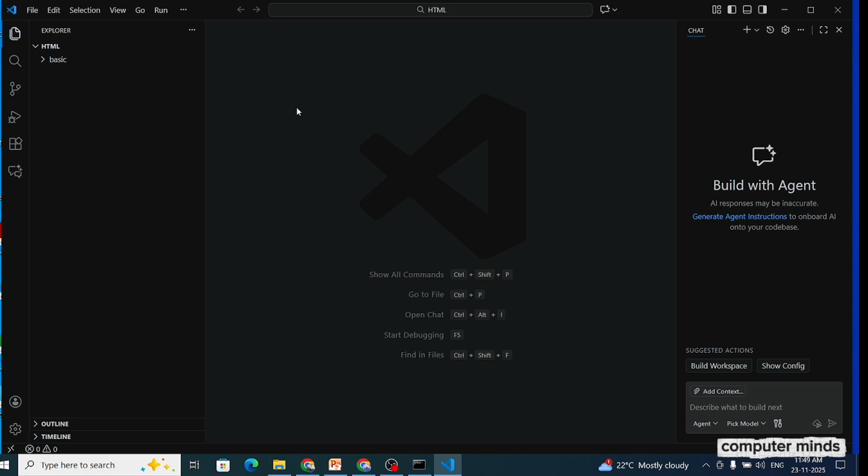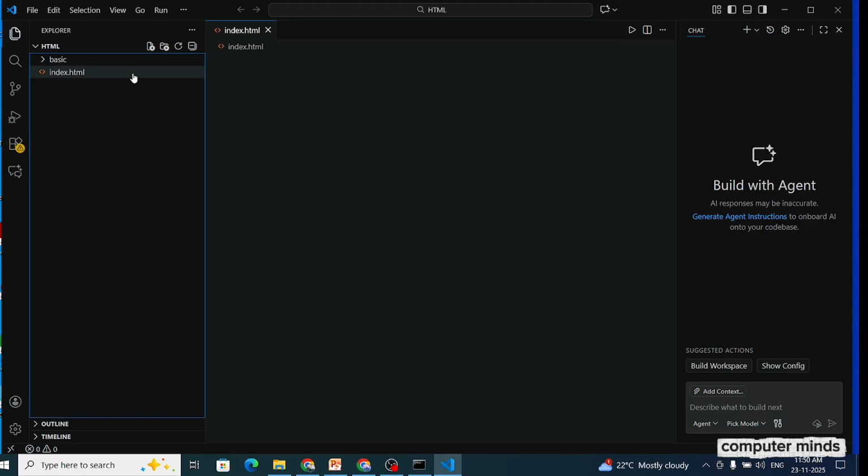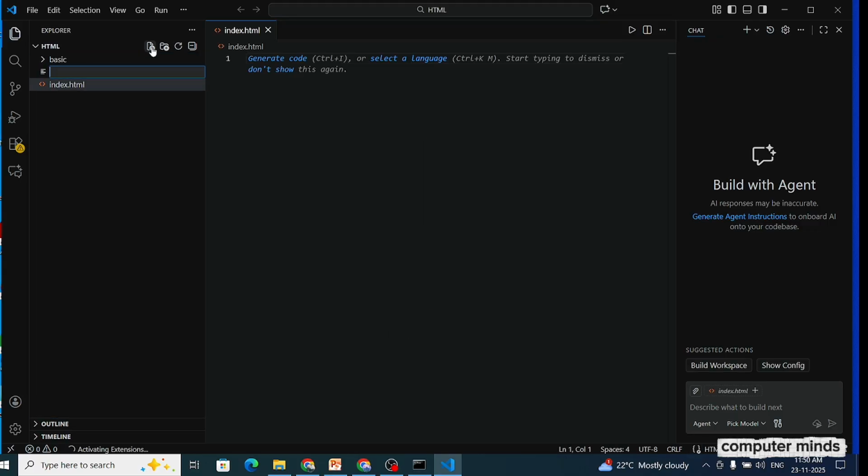In this, make a file named index.html. Make one more file, index.css.